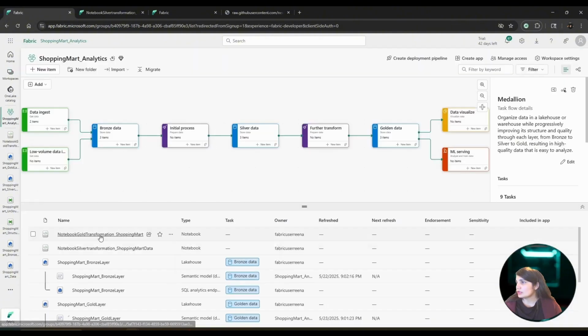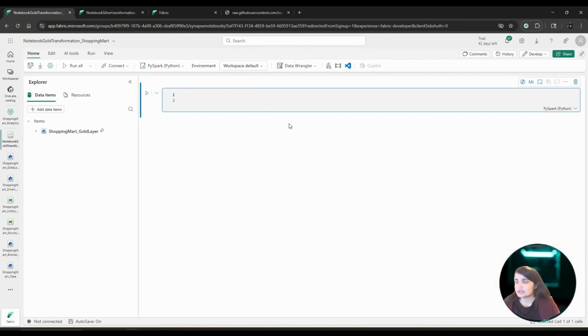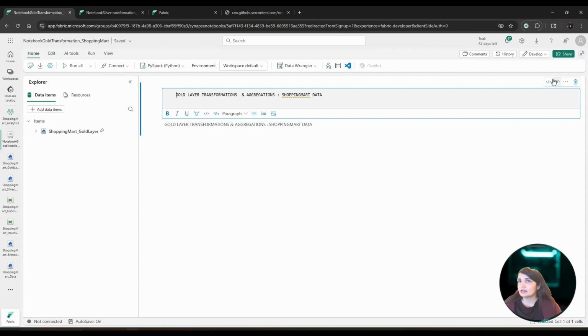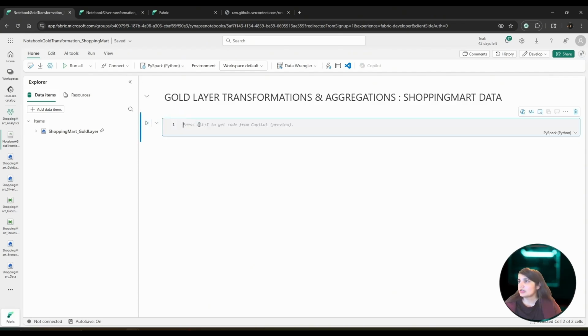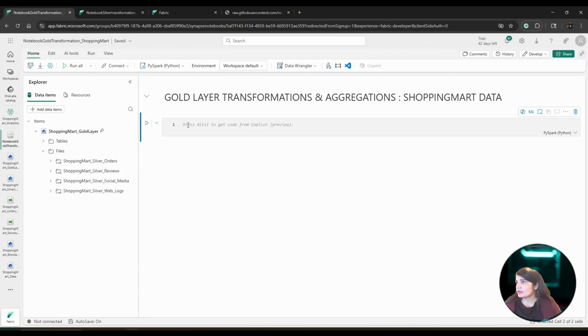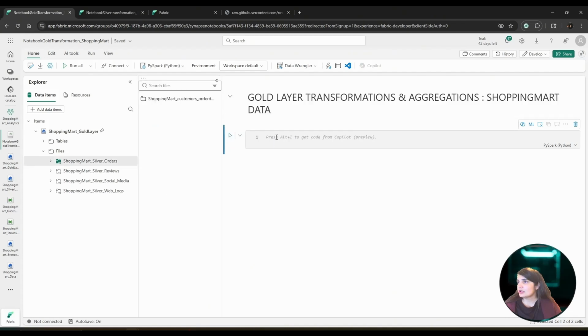Now we can go to the notebook and give it a heading. Let's mark it down and edit this. That looks good. Now let's go to the next code block to load the data in our data frames. Let's refresh this so we can see the shortcut. Yeah, now we can see it. For orders,